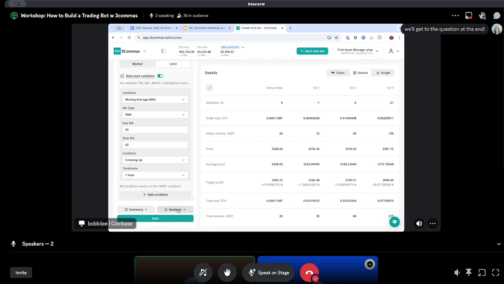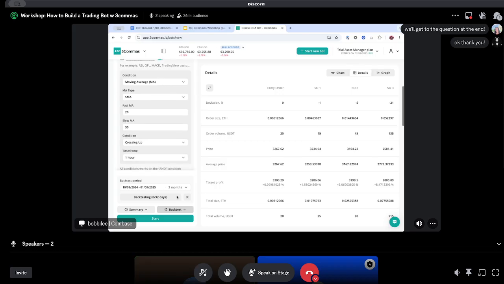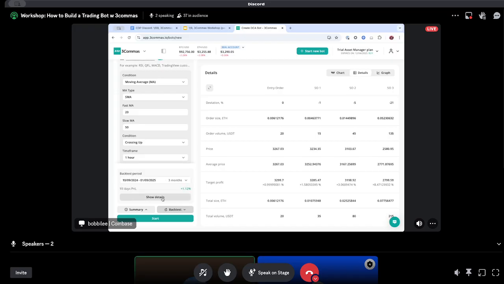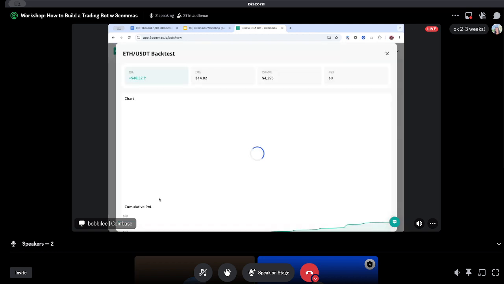Now we can use backtest. Just click on it. Let it run. This feature will be available, I hope, in 2 to 3 weeks. Let's just quickly show how it looks. It's loading, right? We are working right now to increase the speed. So here is just a quick overview of the panel, but if you click on show details,